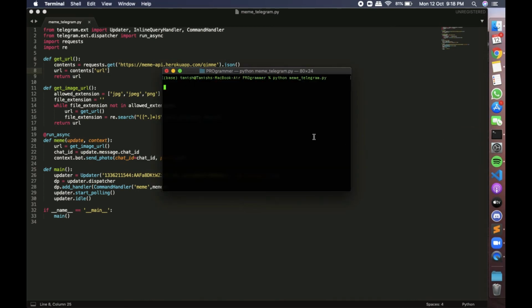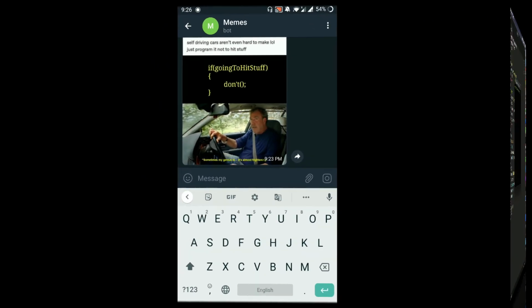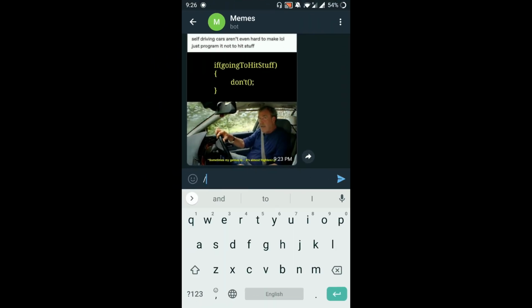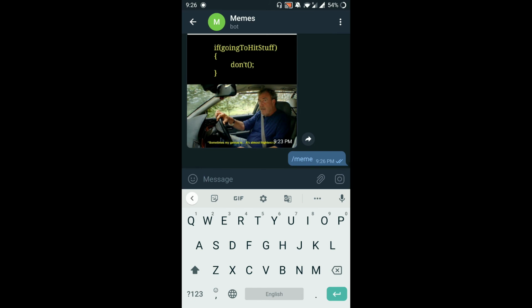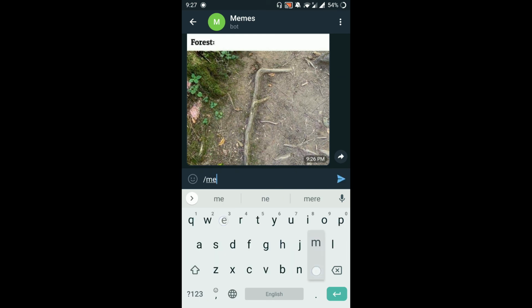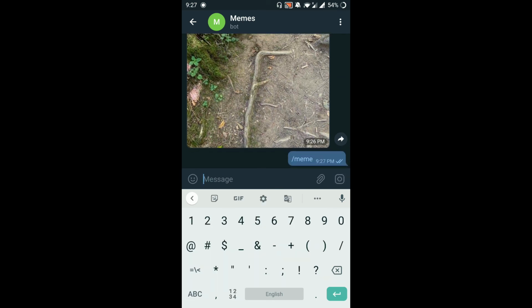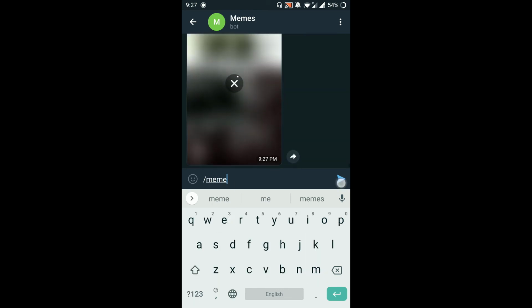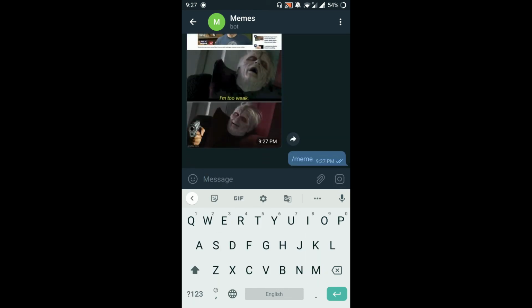Now when we run it, we can directly call python and the file name and execute it. After executing, we can go to our Telegram app on the mobile phone, and let me show you how it works there. So let's see how this bot works. As I said, we'll type the command meme, and as soon as I enter it, it should return me a new meme from that Reddit API. And here it is. So whenever I type the command meme, it will just send me a new meme, and any number of times you type, a new meme is uploaded.